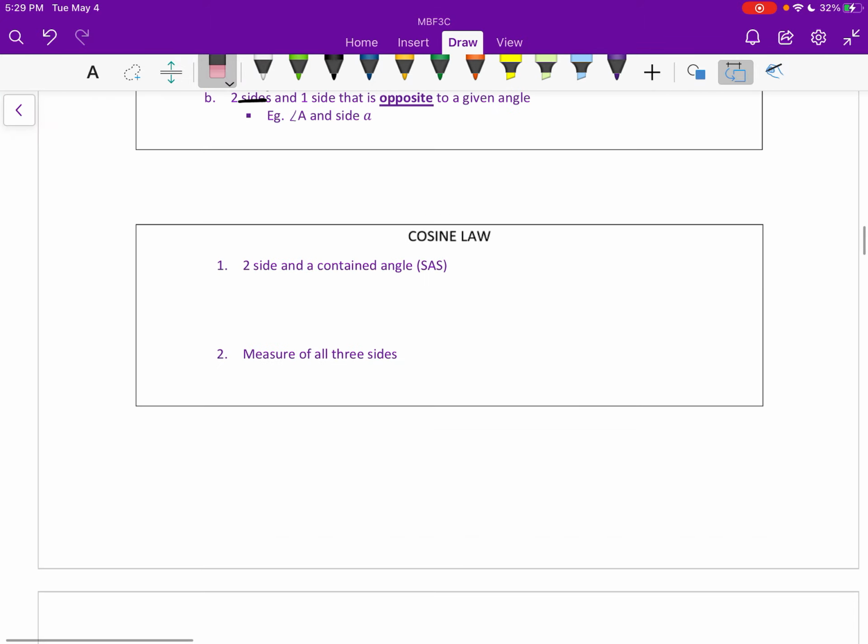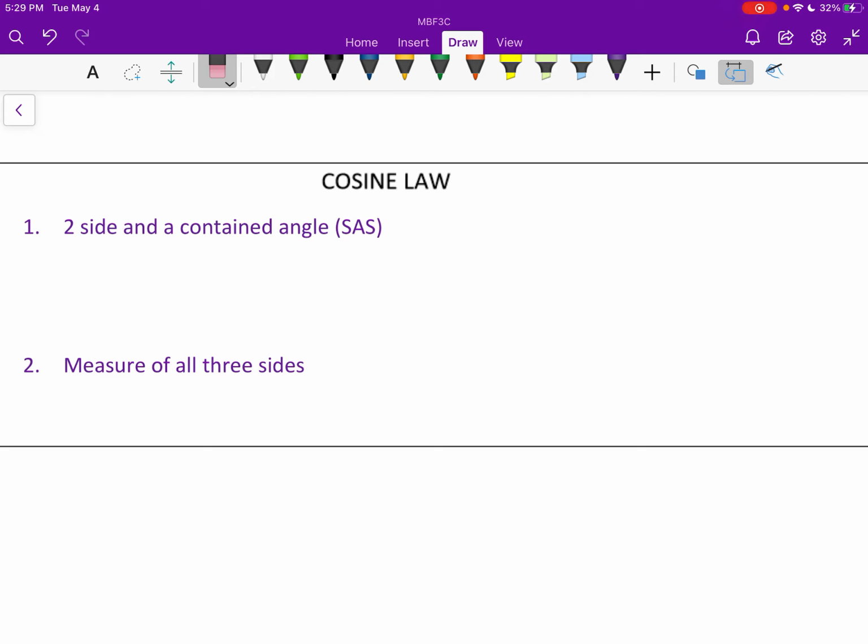All right. Cosine law is basically when you can't use sine law, you have to use cosine law, right? You just don't have enough information to use sine law. You're not given an angle and its corresponding angle, or a side and its corresponding angle. So if you have two sides with a contained angle, so if you have something like this, where you're given